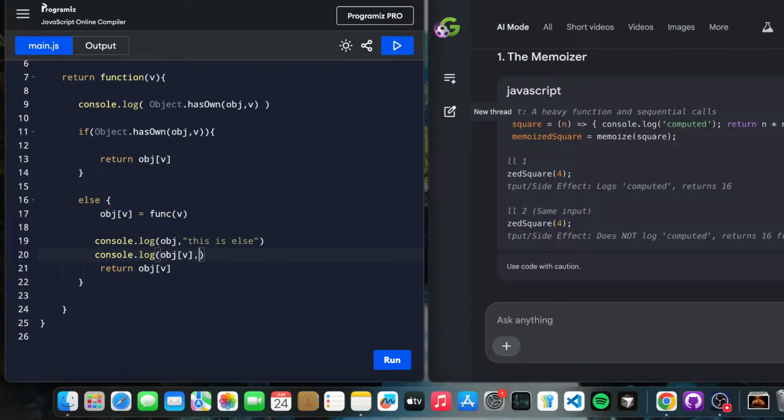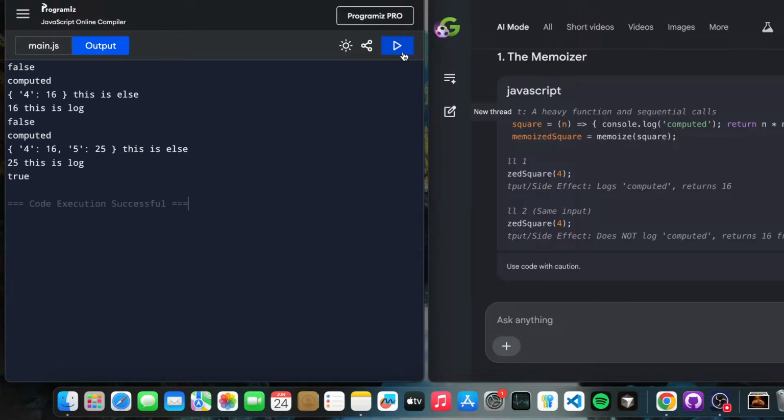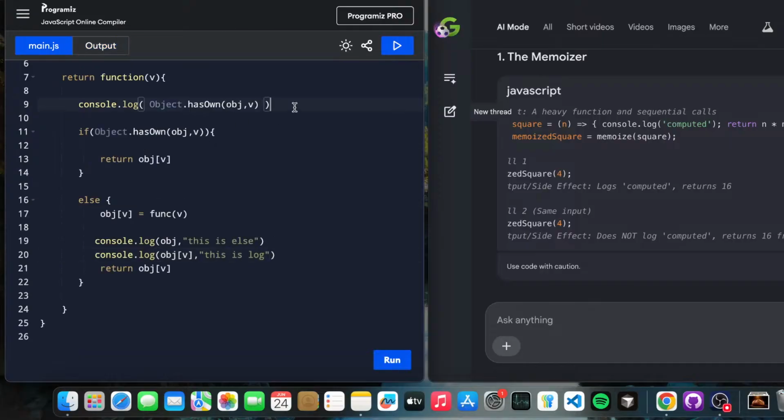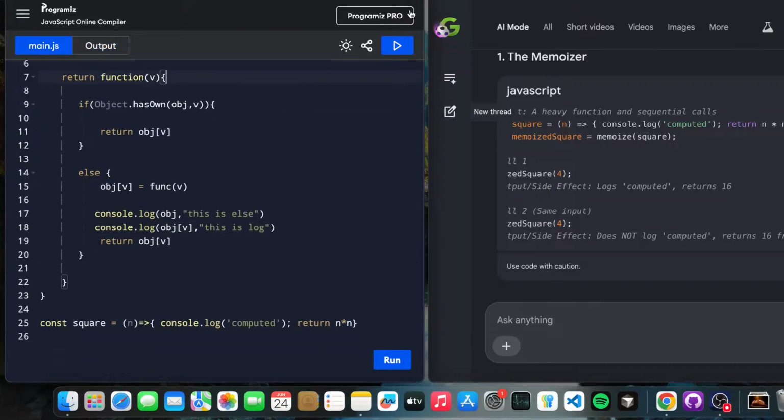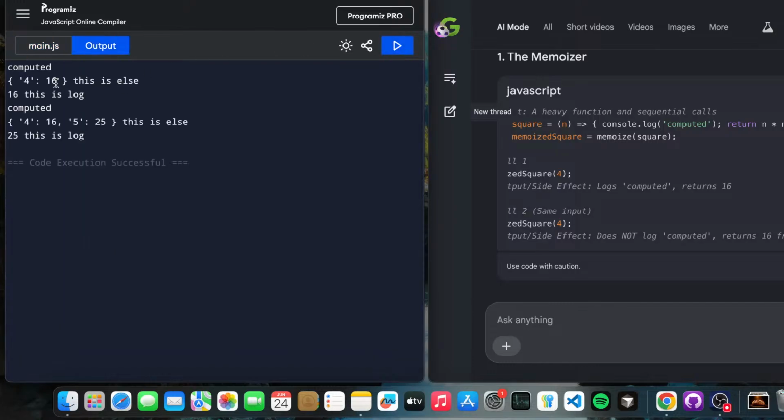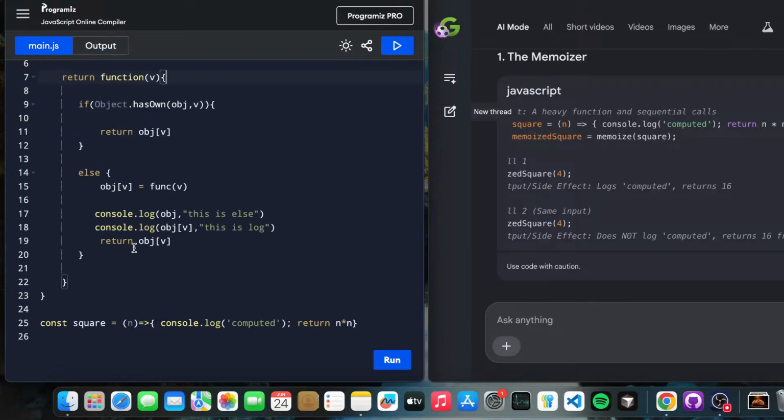This is log. Let's just see. This is log. Yeah, right. You can see this is log. And true false, we don't need to see this anymore. See, computed 416. This is a log. So what we can do is